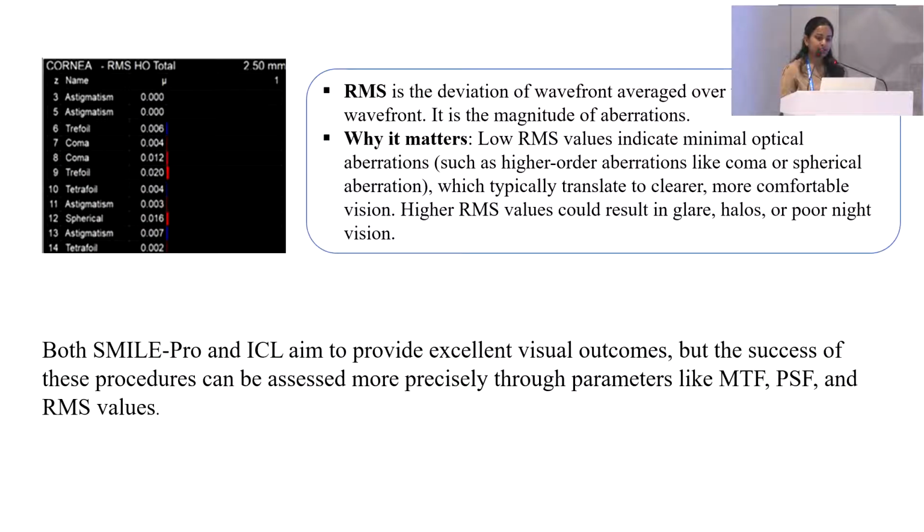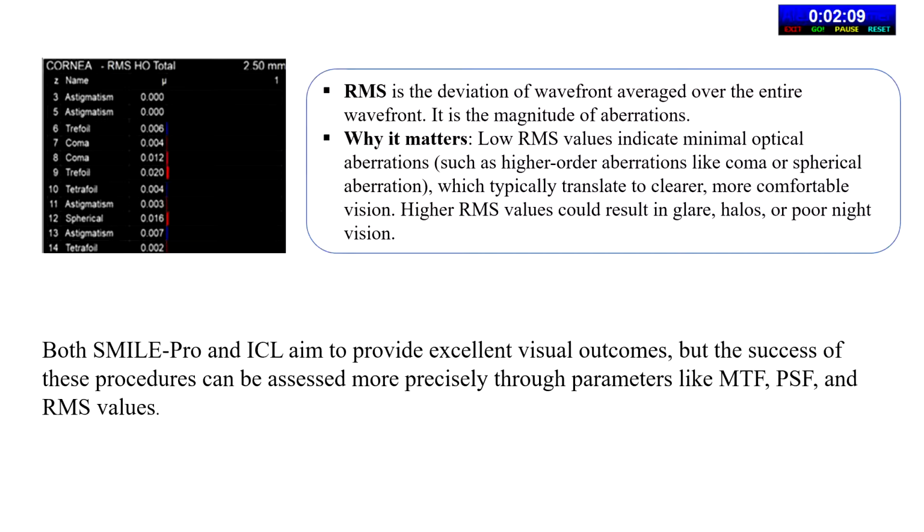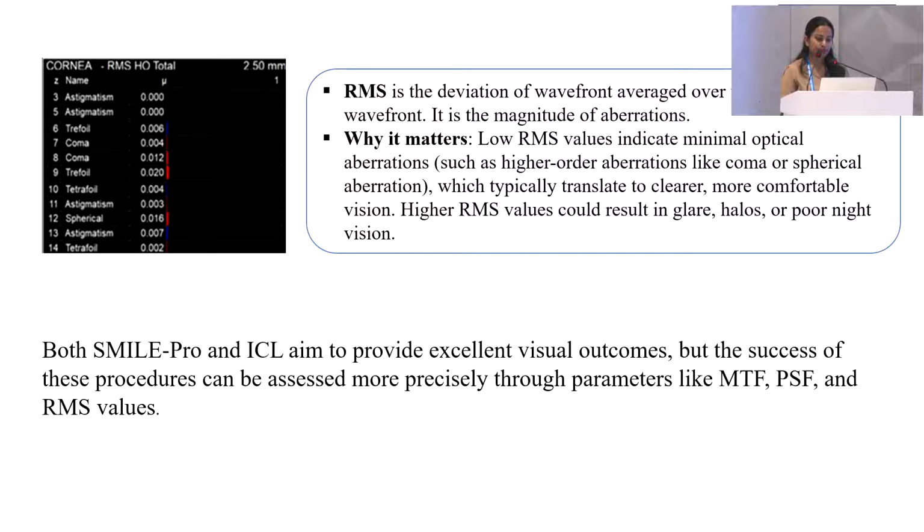RMS is the deviation of the wavefront averaged over the entire wavefront, and it is the magnitude of the aberrations. Why does it matter? Lower RMS values indicate minimal optical aberrations, such as higher order aberrations like coma or spherical aberration, which typically translate to clearer, more comfortable vision. Higher RMS values could result in glare, halos, or poor night vision. Both SMILE and ICL aim to provide excellent visual outcomes, but the success of these procedures can be assessed more